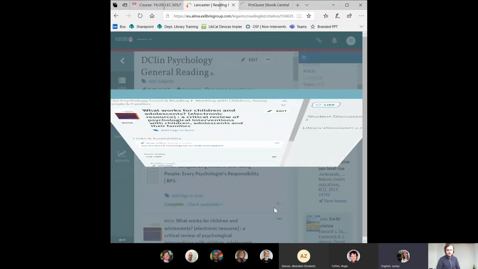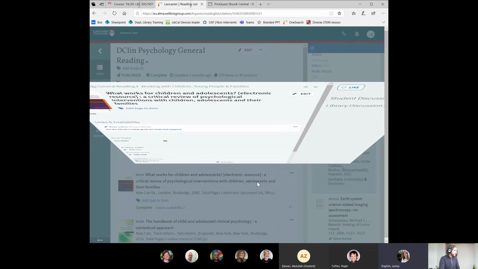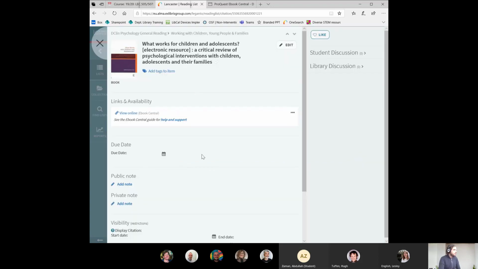John, while it's doing that, Alison's just got a question. She said, could you scroll down and show us where it parked itself? It doesn't automatically put itself in alphabetical order. So if you add to the list, where does it put it? It'll put it usually at the bottom. You can drag and drop it to wherever you want. If you drag and drop it over, it will go wherever you've put it. So if you've got a specific category, it'll just drop it on. However, you have to be careful with very large lists. It can sometimes get a bit unwieldy, and it's being a little bit slow there.